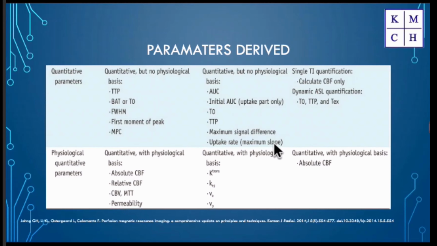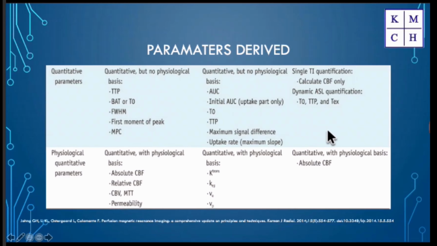What are the parameters usually studied? We look at CBF, CBV as already seen, and the mean transit time. With respect to the permeability based contrast method, the dynamic contrast enhanced T1 method, we can also look at something called K-trans, which is the transfer coefficient between the intravascular and the extravascular tissues, and VE, which is the volume of extracellular space, and VP, which is the plasma volume. These are additional parameters available through T1 based methods. CBF, CBV and MTT are the standard parameters usually studied.